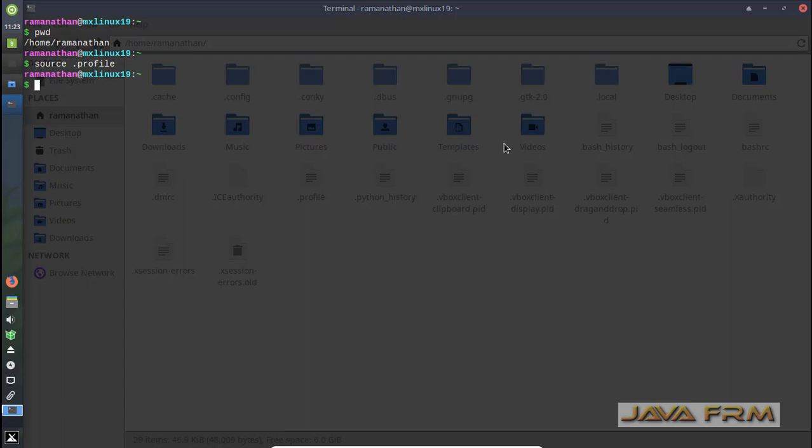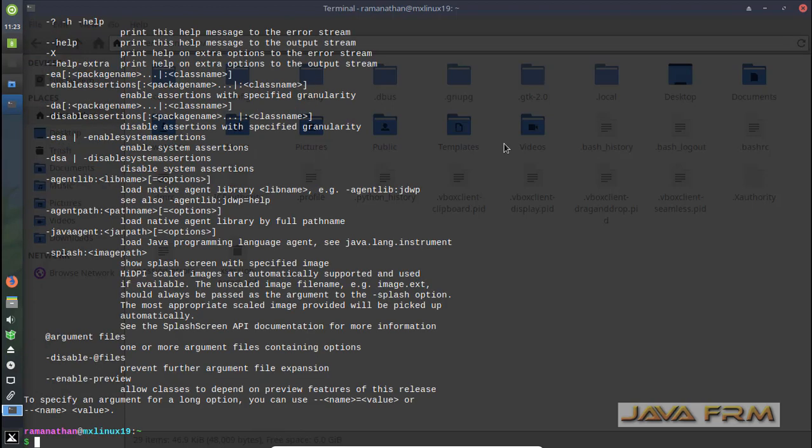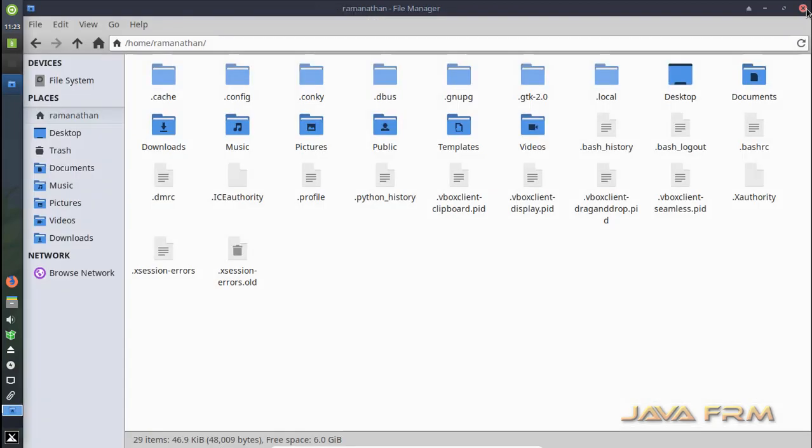So I open the terminal, I'm typing the command source .profile. So source .profile will load the latest changes in the profile. So now I started executing Bellsoft Liberica JDK 11 commands. So I am successful. So Bellsoft Liberica JDK 11 is available to the current user called Ramanathan.